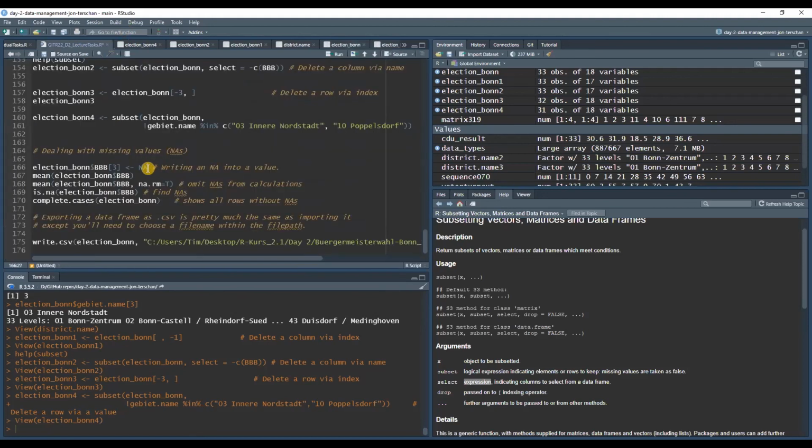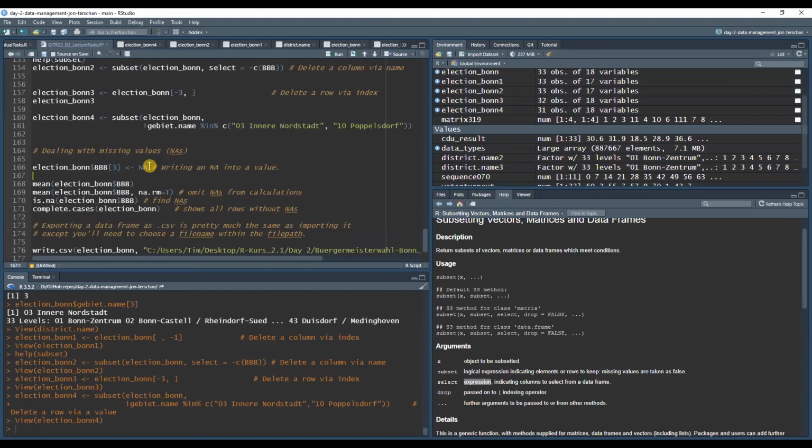So we have to add a missing value to demonstrate how we can work with missing values. So we just write a missing value, which are expressed as NA, which stands for not available, in R, into